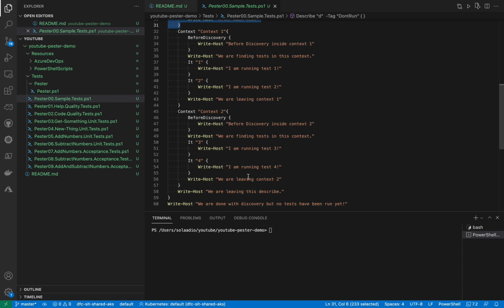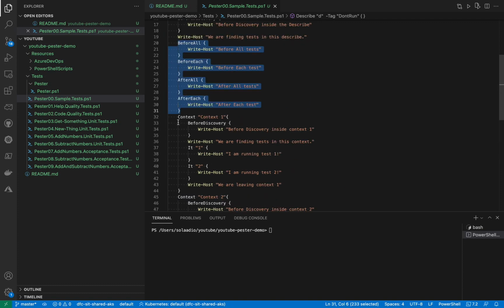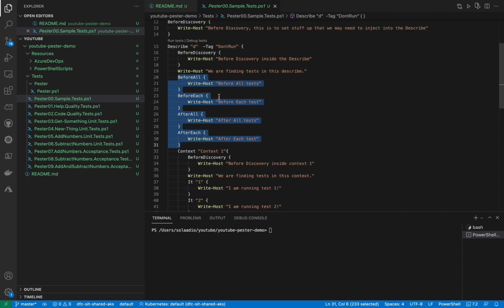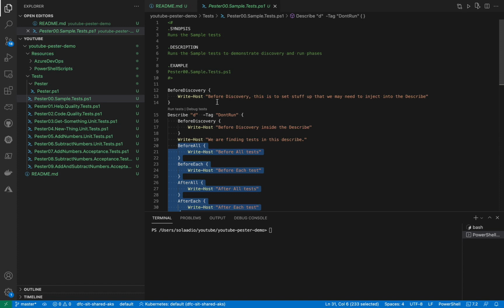Then it's going to go to the next context. And after this context is completed, it's going to now say we're leaving this describe. And then we'll say we're done with discovery, but no tests have been run yet. So it's going to go all the way through the before discovery statement, and yet it will not run any test. So the way to verify this is to